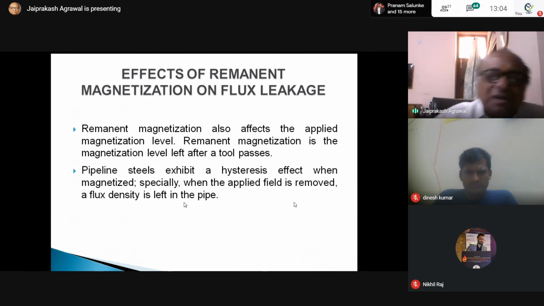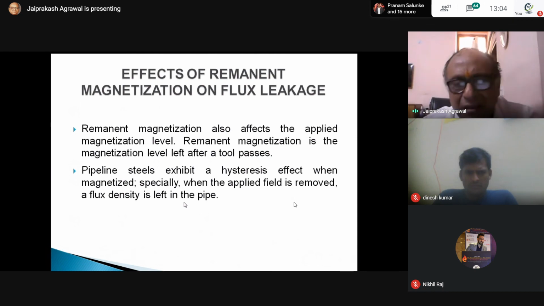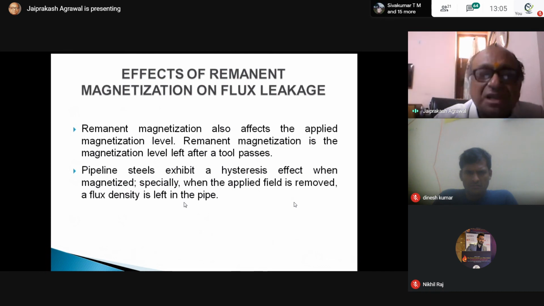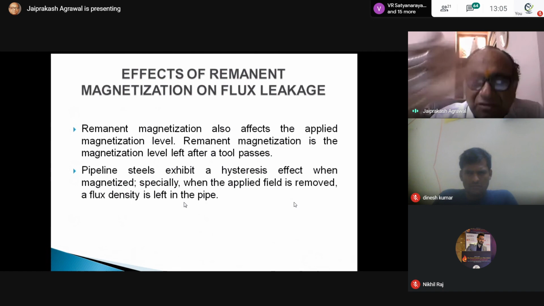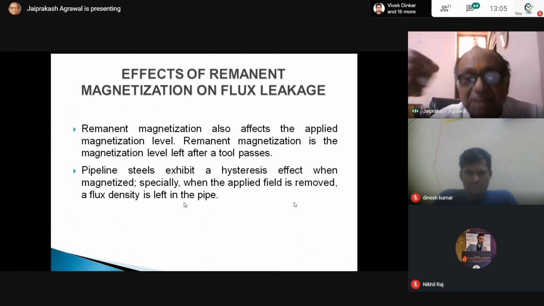But this will not disturb your measurements, because once your tool has passed that location, the sensors are not going to receive the signal of the residual magnetism. When it is near the defect, it gives the leakage flux, which is received by the sensors and sent to the recorder.